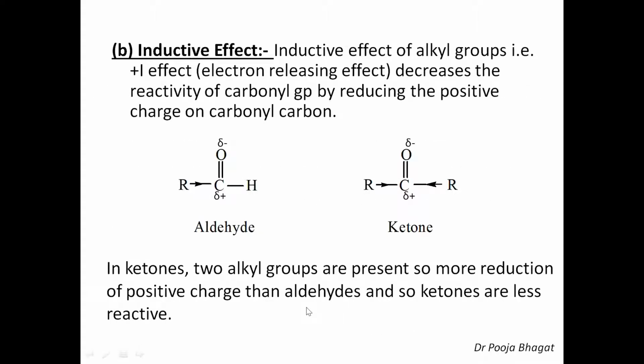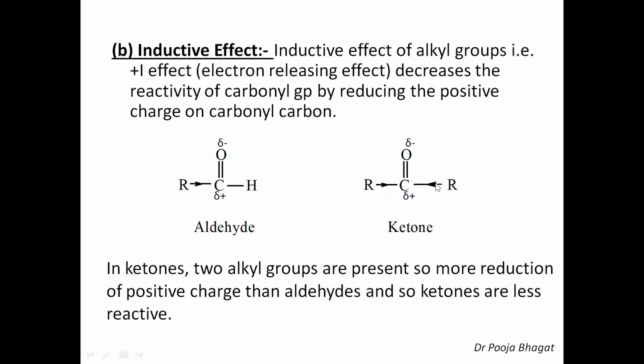Now the second reason is inductive effect. I think all of you know the inductive effect of alkyl group is plus I, that is it is electron releasing. So alkyl group is electron releasing group, so it releases electron density towards the carbon. Carbon is having partial positive charge, so these alkyl groups reduce the partial positive charge by releasing the electrons. In case of aldehyde, one alkyl group is there, so reduction of partial positive charge is less. While in case of ketone, two alkyl groups are there and therefore both of these alkyl groups by the plus